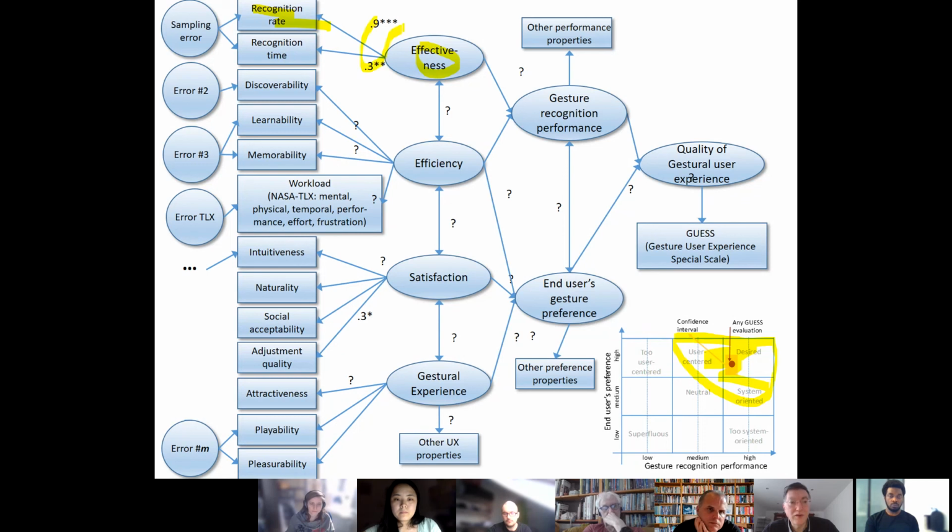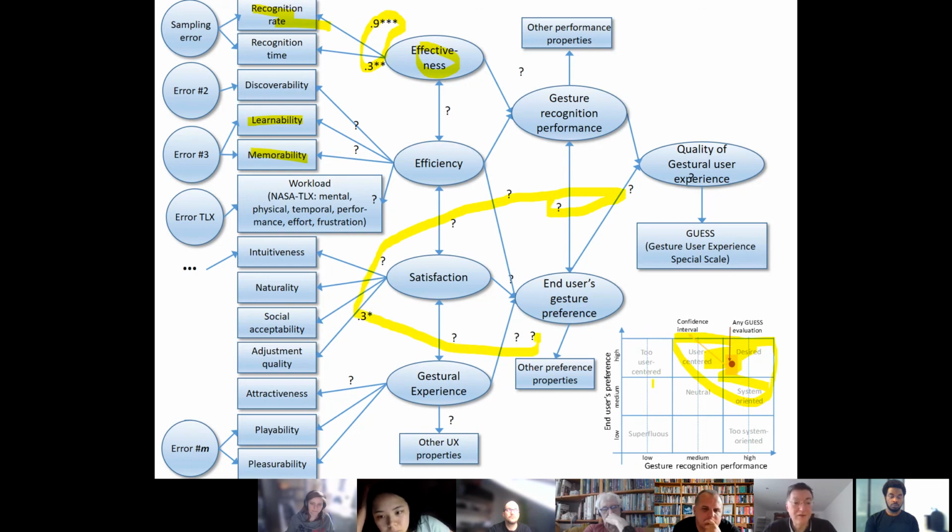So we know that the correlation factors are about that. But what about, for instance, the learnability or the memorability? We know that these factors impact efficiency, but to what extent? As you can see here in my big graph, I have a lot of question marks everywhere, because I don't